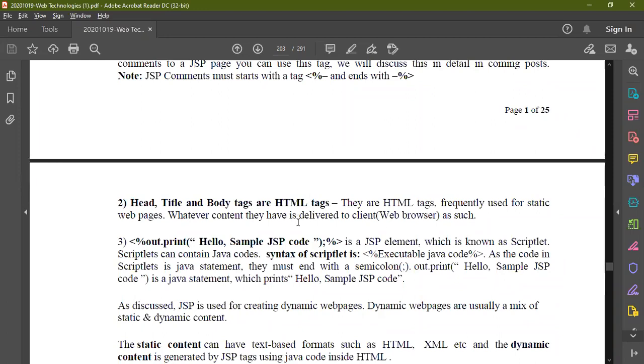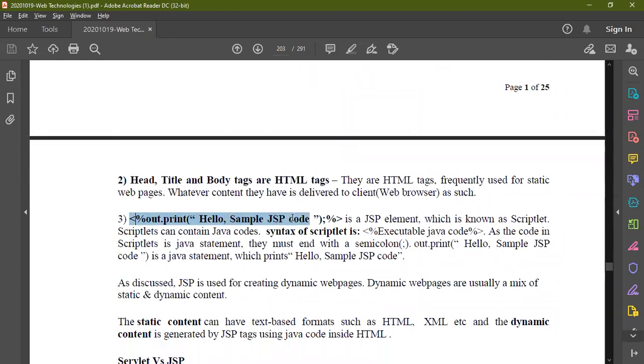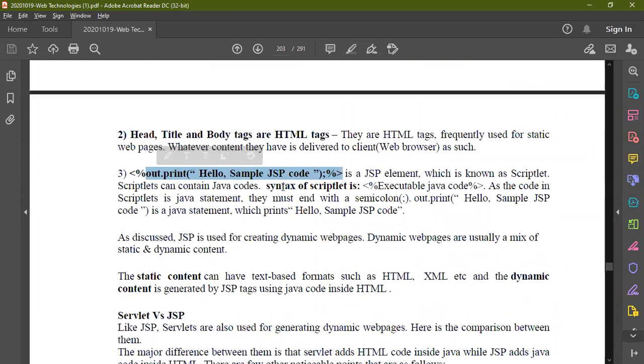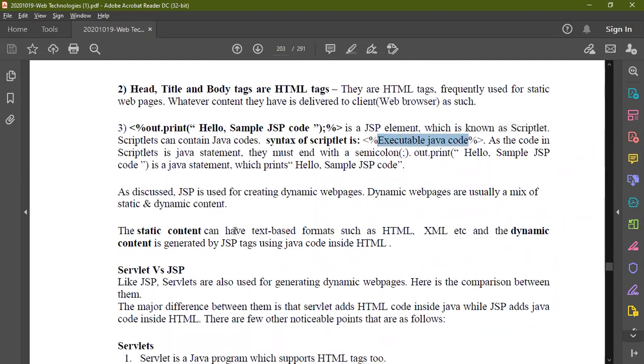This is a simple Java output code, system.out.println, that you are going to print. In scriptlets, you write the executable code, and whatever code you write should be within this particular tag, as I already told you. That is the basic JSP and how it is going to be used here.